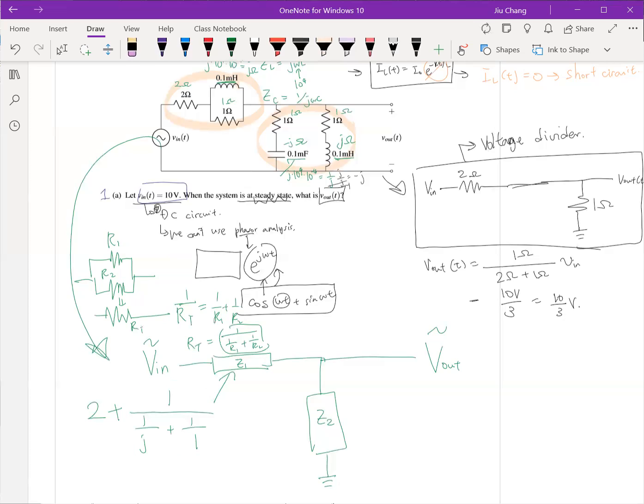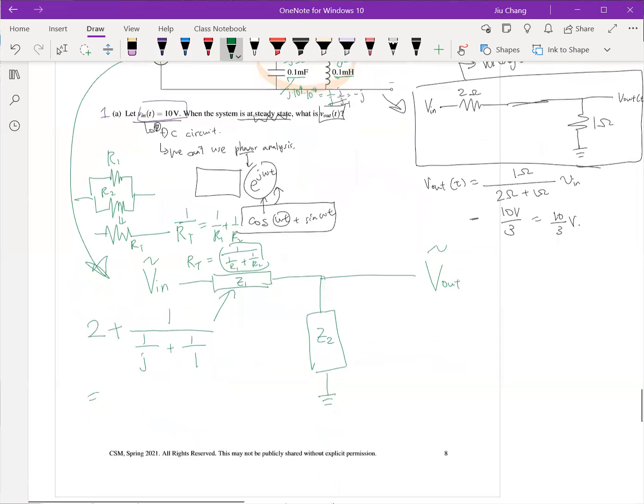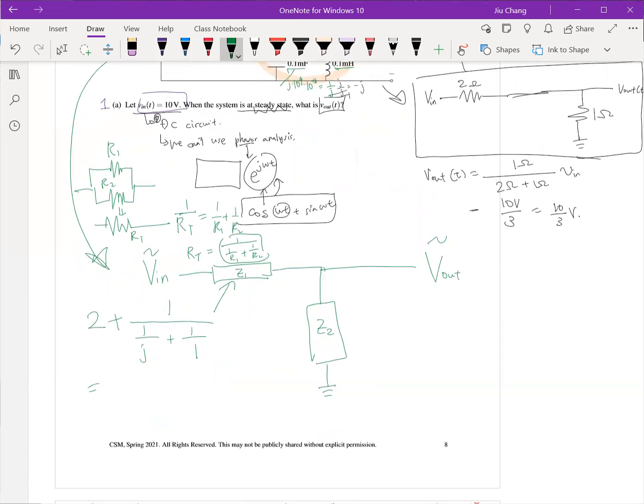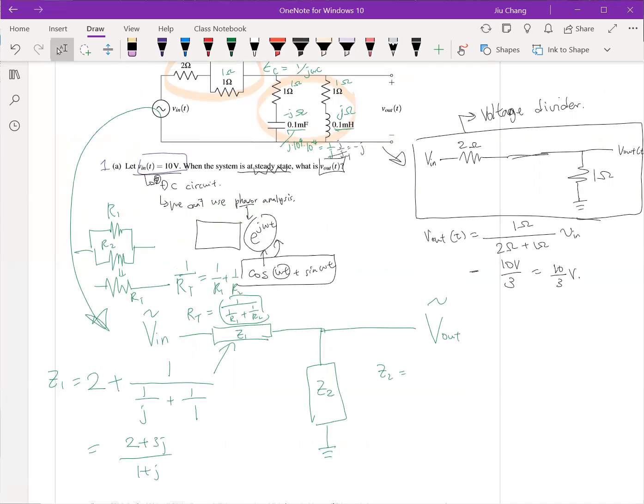Okay. So anyways, if we solve this, it's pretty easy. We get 2 plus 3j over 1 plus j. Okay. And now let's solve for Z2. Well, Z2 is just